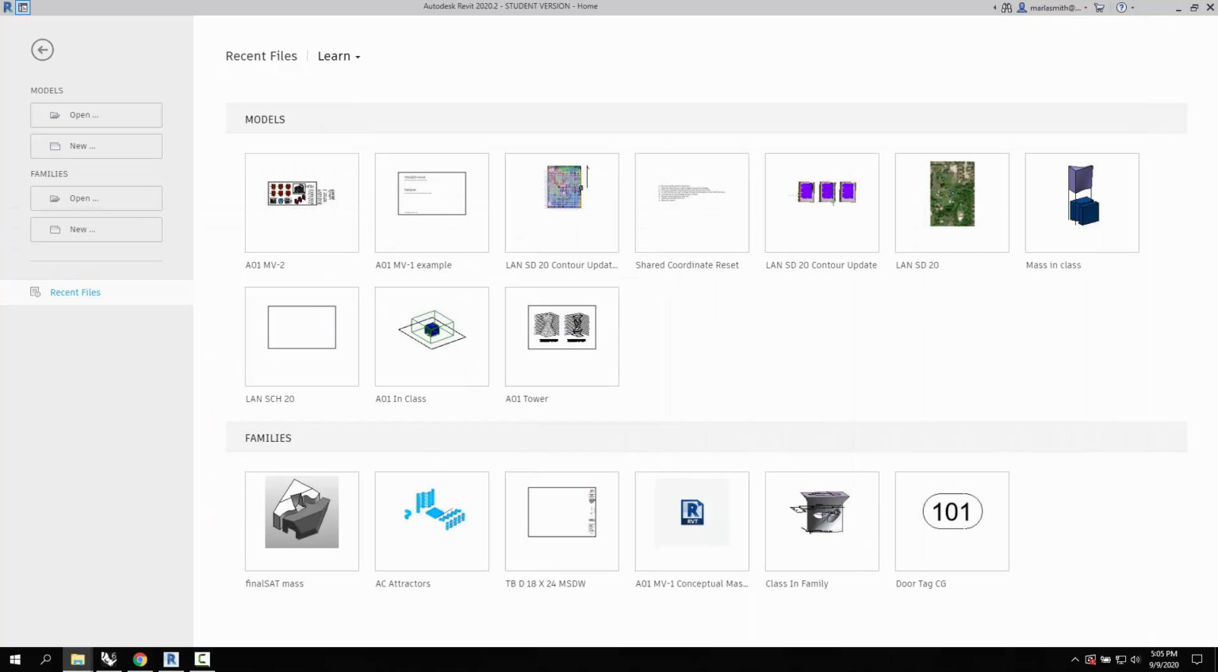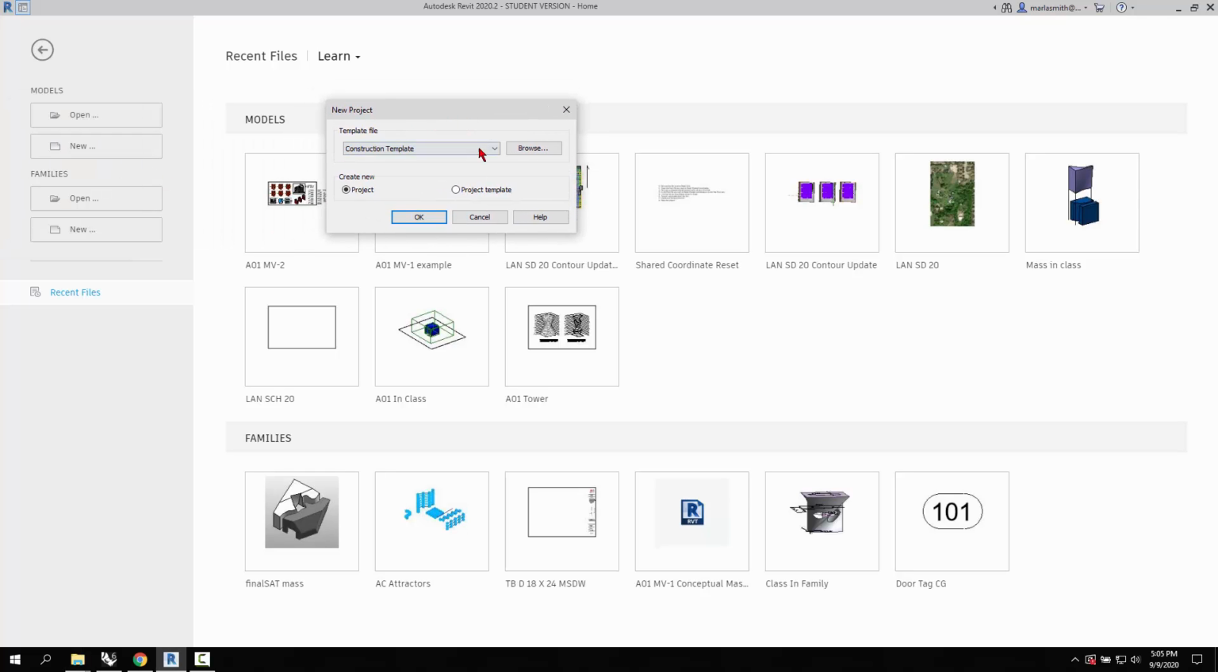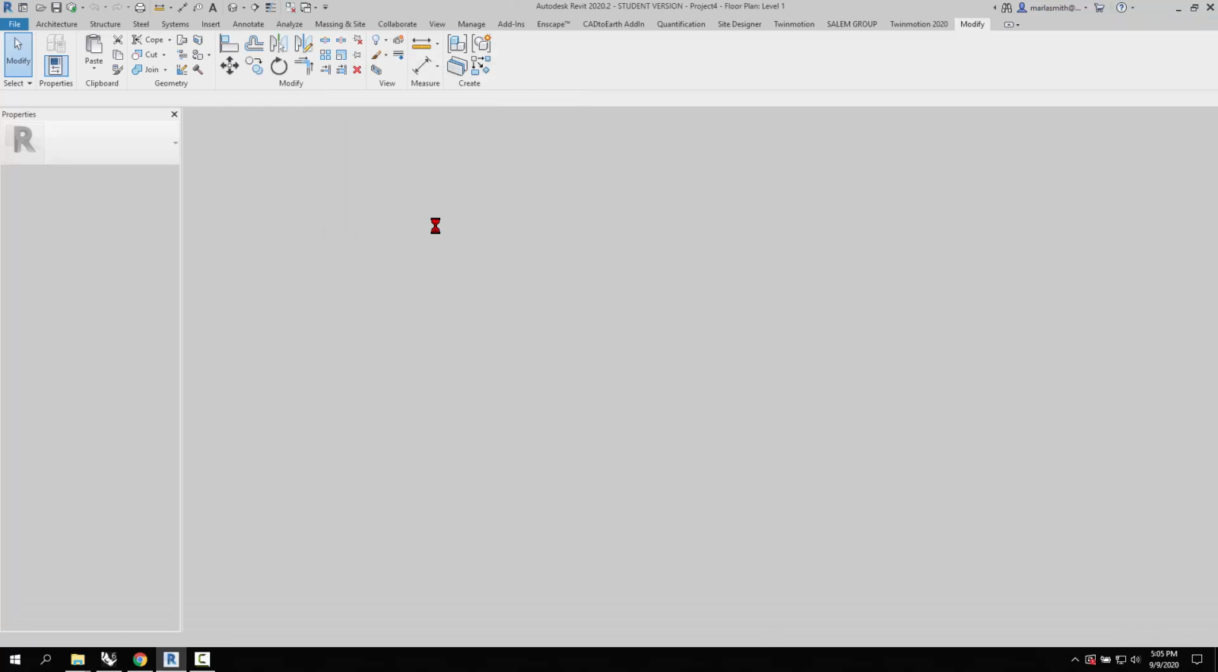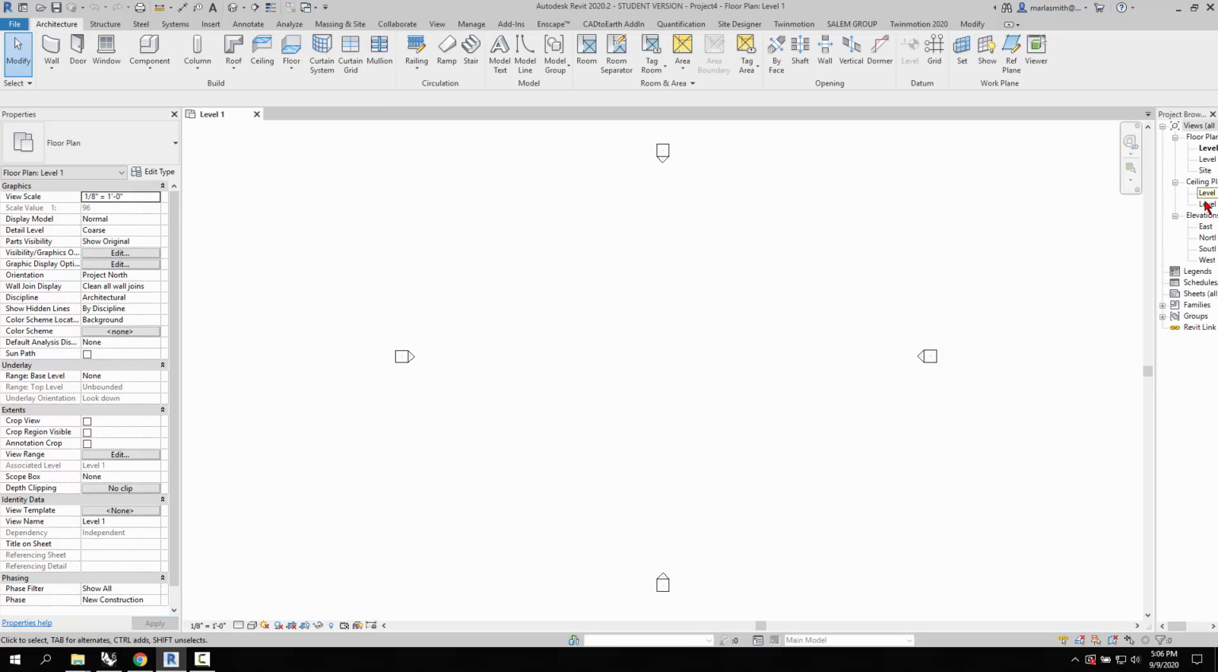So I'm just going to use a blank project. I'm just going to go to New and Project. I'm going to use Architectural Template. You should use, obviously, the template that I gave you. Click OK. And then I pretty much tell you to go to the site plan and close my extra windows,